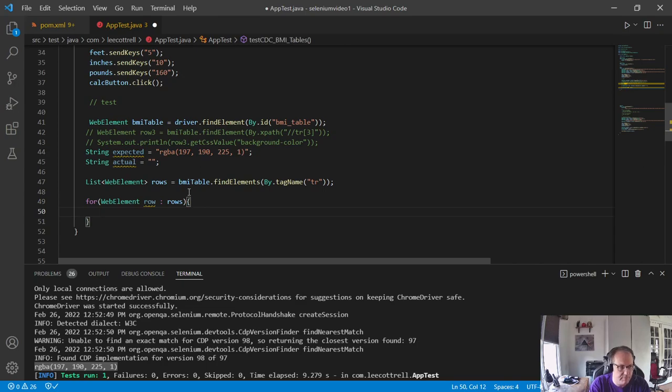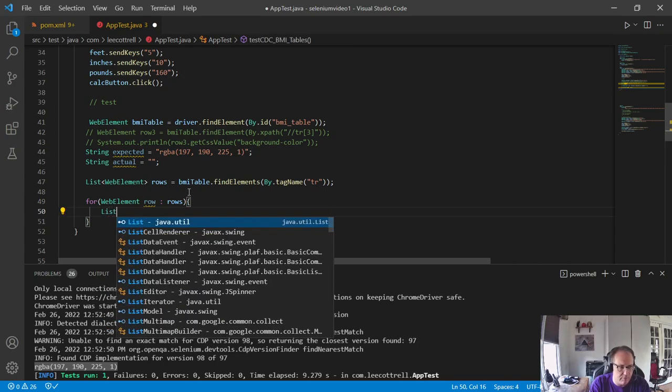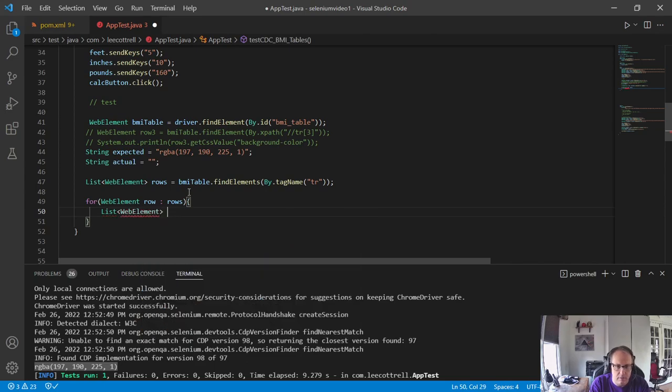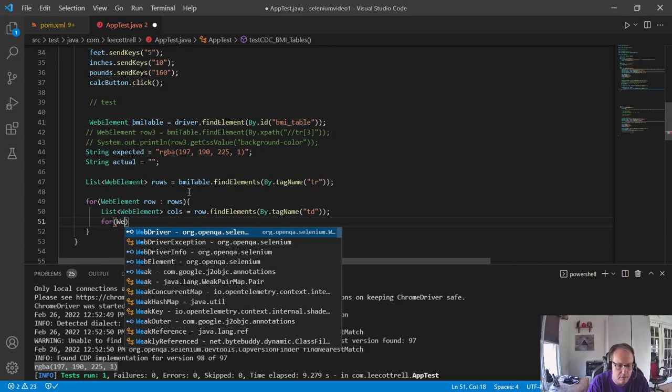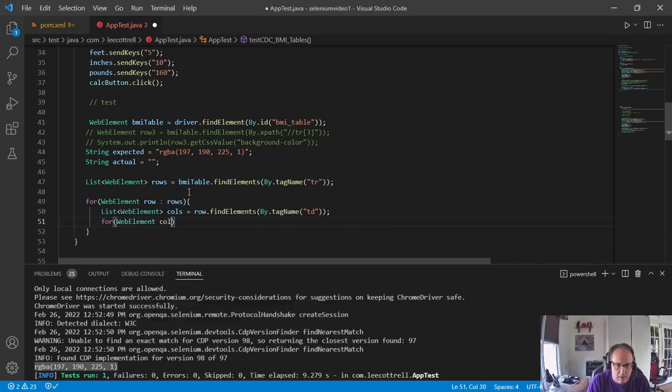So walk through each one of the rows, and I'll build another list with all the columns. Again, find elements by tag name, TD. Now this just searches for the TDs in a particular row. So I'm going to go row, row, row, row, column, column, row, row, row, column, column, column, etc. It's going to go down and across one at a time. It's kind of like when you built nested for loops back in your first programming classes. So for each column in columns,